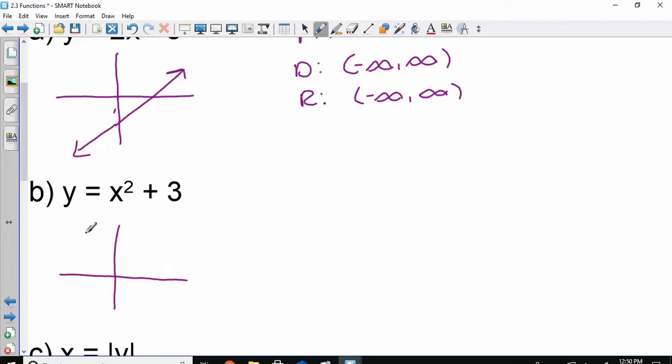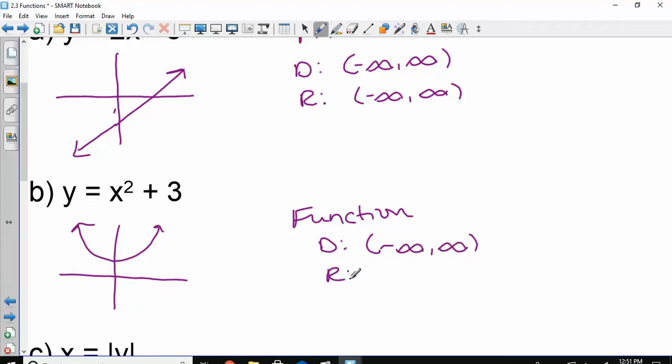So, what's this graph look like? So, it is a function. Domain, it keeps going both left and right, so negative infinity to positive infinity. The range, if I'm looking at my y's, the lowest y value we hit is 3, and then it goes up forever. So the range would be 3 to infinity. All right,